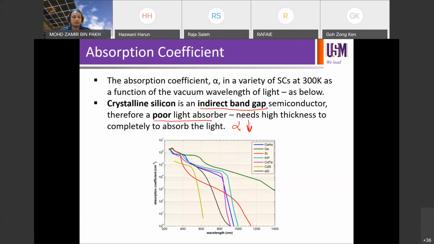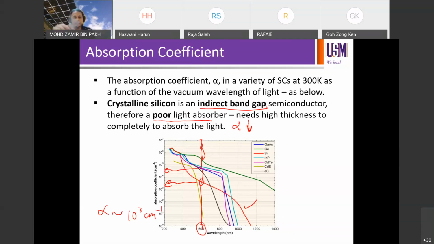Let's compare silicon. In this case, crystalline silicon is the red one. Let's compare that with gallium arsenide, the blue one. So let's pick a wavelength of 600 nanometer, for example. Look at the absorption coefficient for crystalline silicon on the y-axis and gallium arsenide there as well. So silicon has alpha of about 10 to the minus 3 at 600. Okay, so that's about 10 to the minus 3 per cm,